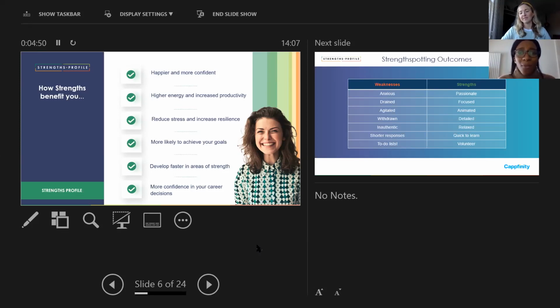So you're more likely to achieve your goals and also develop faster in your areas of strength. So what does develop faster mean? That means, yes, you may be great and get that job that you're looking for, but then, within that year, you could get promoted two or three times. That's the kind of thing that we see when people are in their areas of strengths, they're in flow and great things happen from that. And you'll just be more confident in your career choices overall, rather than think, some of you may know what you want to go into next, and others may be thinking, I'm not quite sure.